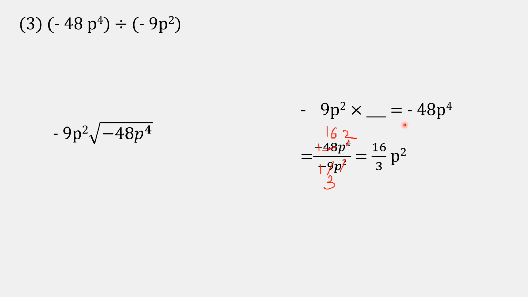So when you don't get directly by multiplication the answer, student, you can do this way to get what you have to multiply, so that you will get your dividend part. Okay. Now, so you'll write down in quotient over here 16 upon 3 p square. So now below this, you'll write down minus 48 p raised to 4. Same you got, because minus 9 p square into 16 upon 3 p square. So minus sign will be there.